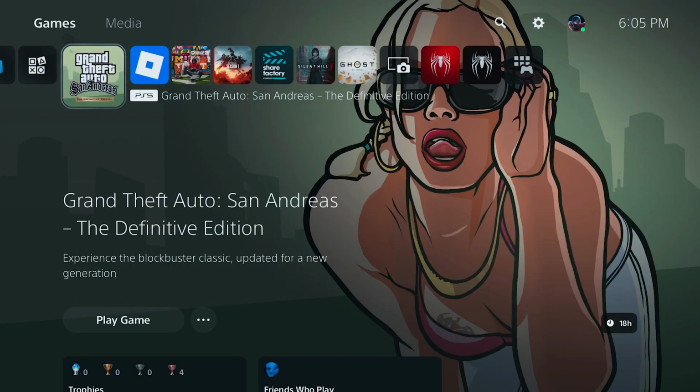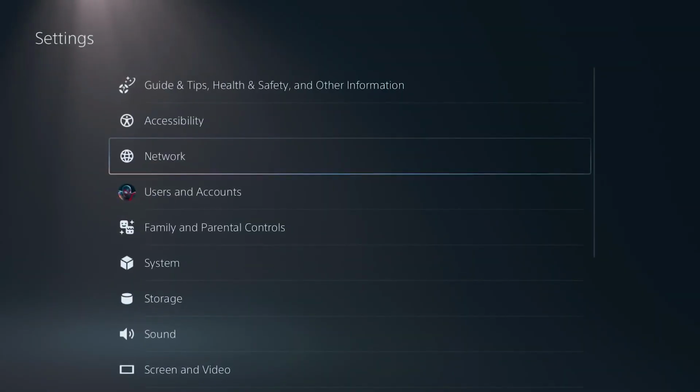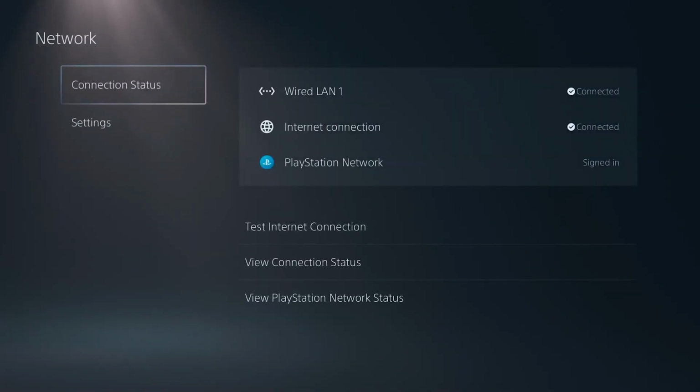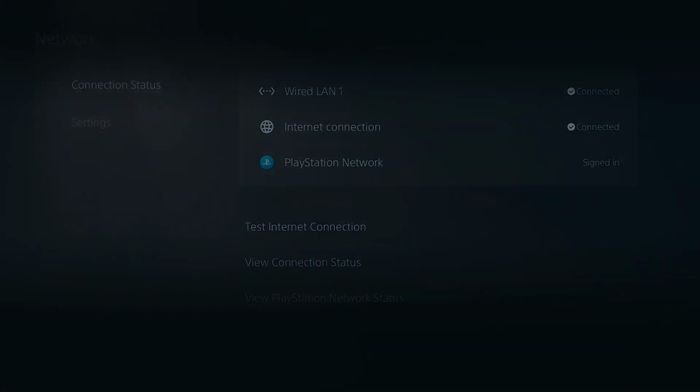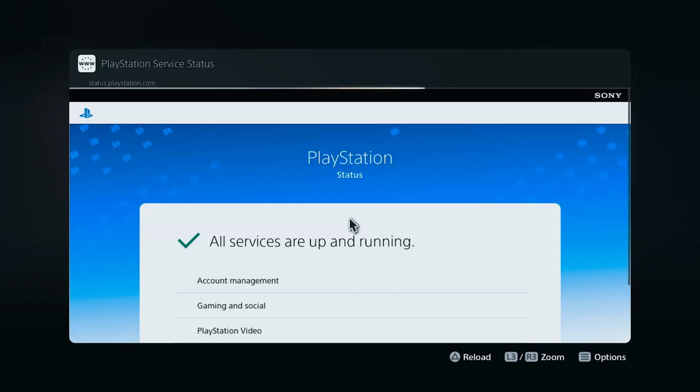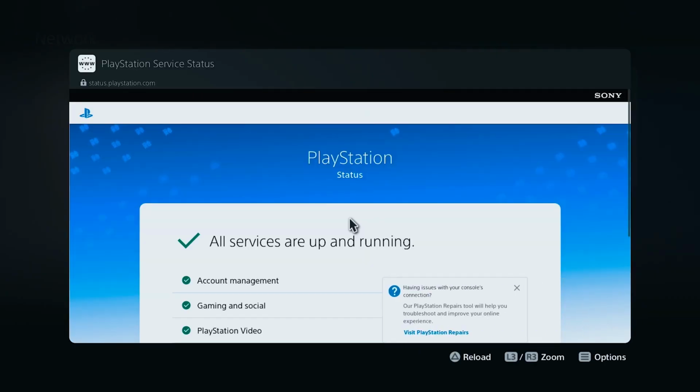To get started, go to the very top of your PS5 home screen and select that little settings gear. From here, scroll down, or I guess stay where you are, and select network. From here, go over to the connection status tab, and once you are on connection status, select view PlayStation Network status. What this is going to do is load you into a web browser that shows you